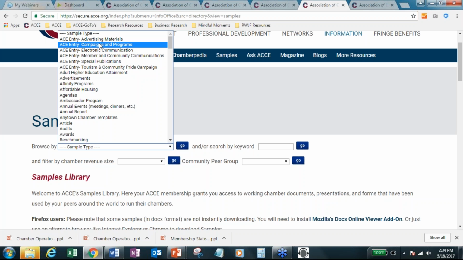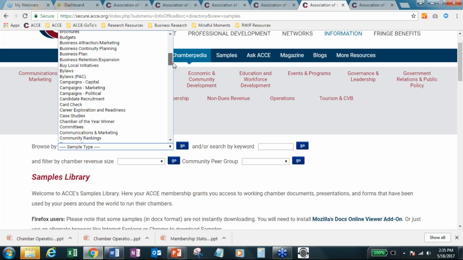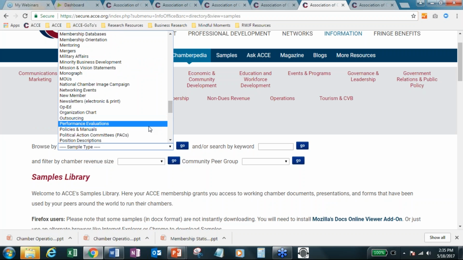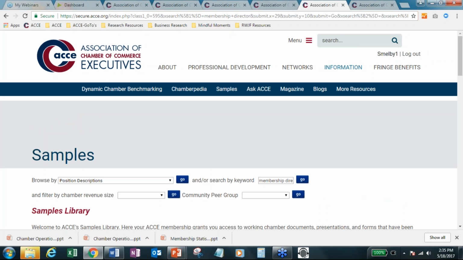We make it easy. So we're going to start with a basic search. You can browse by any of these category types. You could also just use a keyword. We recommend using both, the browse by type and then tying in with a keyword to really help you drill down to find examples. So we're going to look for position descriptions. Let's scroll down here, and then we're going to type in membership director and click go after we've typed that keyword in. We always recommend starting with a broad search via that subject term and then adding a narrowing search by adding a